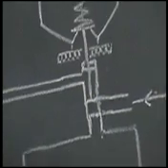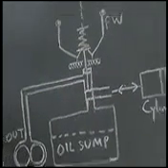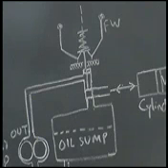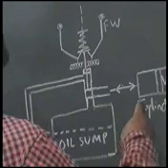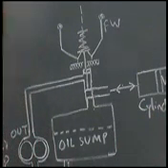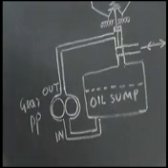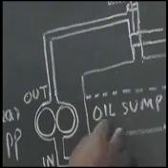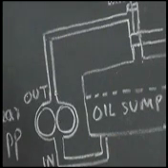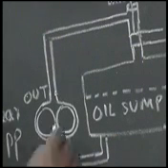I have also drawn the different arrangements of how the oil is taken and given to the cylinder which controls the fuel rack position. I have drawn the pump. This is the gear pump. It is two gears and it is taking oil from the sump of the governor and giving it to the